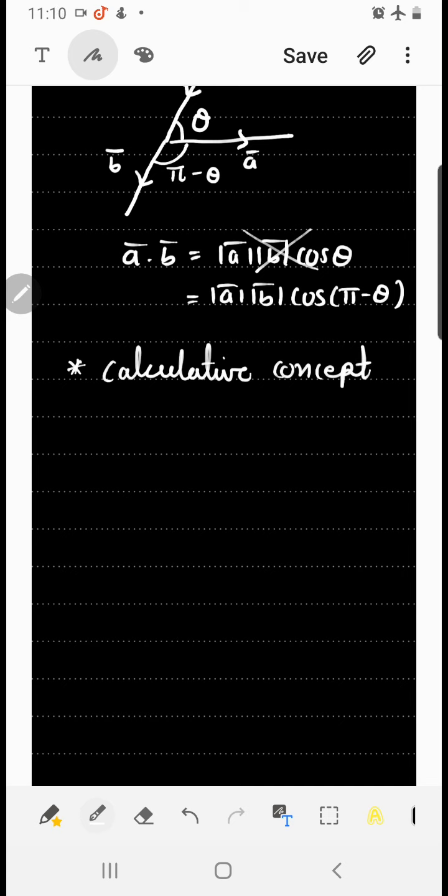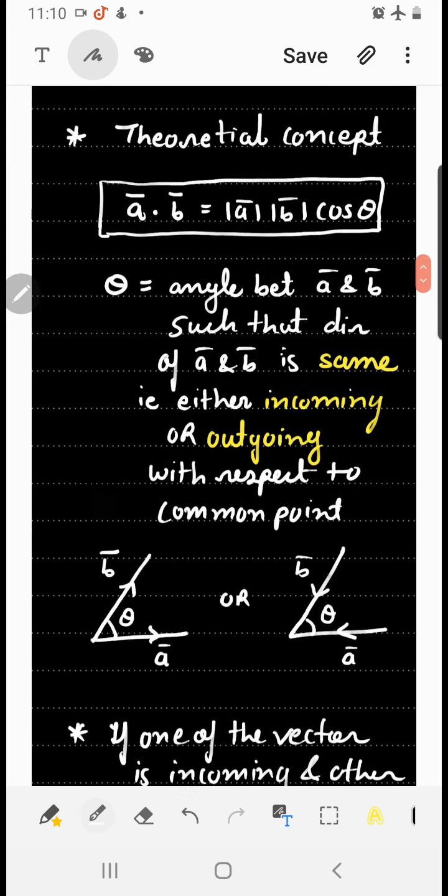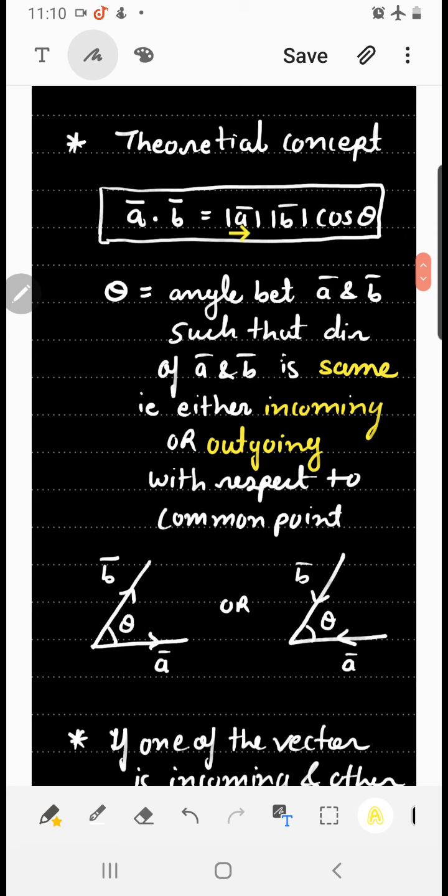Now in the calculative concept, before we start, let us understand the dot product of i cap with i cap. Now this you have done in physics. But generally when I mix dot product with cross product, people give me the wrong answer for this. So I would suggest, whatever I ask you in dot product, any technical concept, please refer to the original formula. If you know this, you will get the result on the spot.